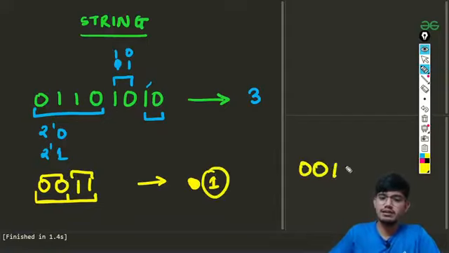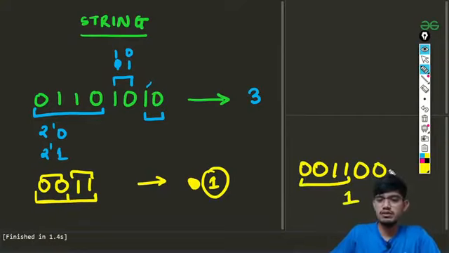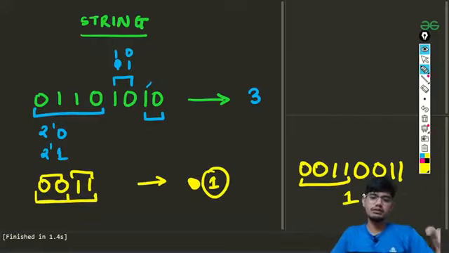If we have something like this, we also get only 1, because this is not matching with anything. Even if you do something like this, the answer is 1. If you do something like this, we get 1 plus 1, which is 2, because all of this will be considered.